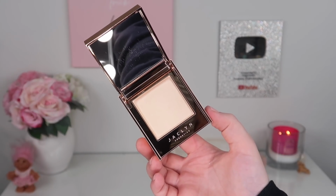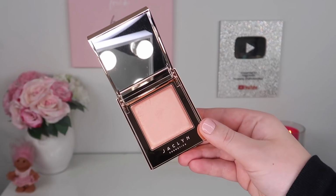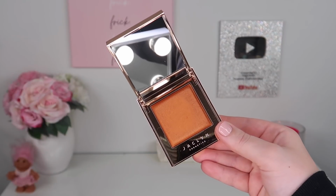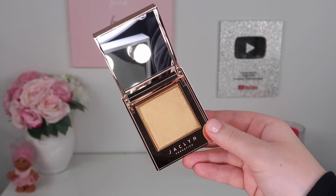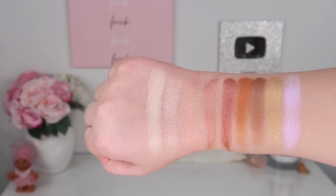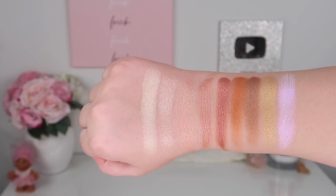I actually think for this one, I'm going to swatch all of them on my arm so you can see them all side by side. So we've got Sparks. We have Iced, Mesmerized, Awestruck, Turned On, Va Boom, Exposure, and Go for Gold. Here are all of the highlighters swatched. These top 8 are the accent light highlighters, and this bottom one here is the beaming light highlight. That's the little loose one. So from top to bottom, the shades we have are Sparks, Iced, Mesmerized, Awestruck, Turned On, Va Boom, Exposure, and